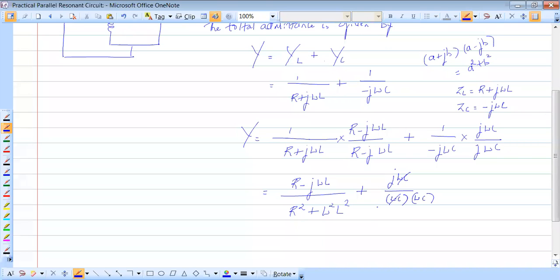See, I've made a mistake with this. Nobody told me that. Very bad. I've written the impedance of the branch where the capacitance is there as minus j by omega c. Very bad that you didn't tell me that. I have to come again. Let me do that. See, I made a mistake. You didn't tell me.